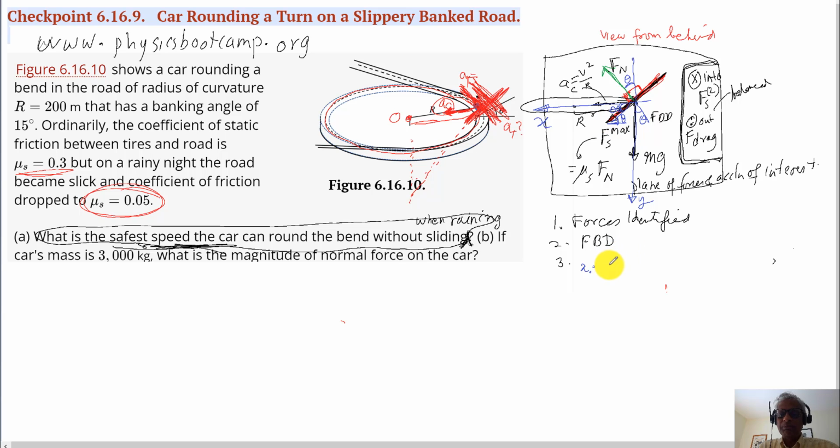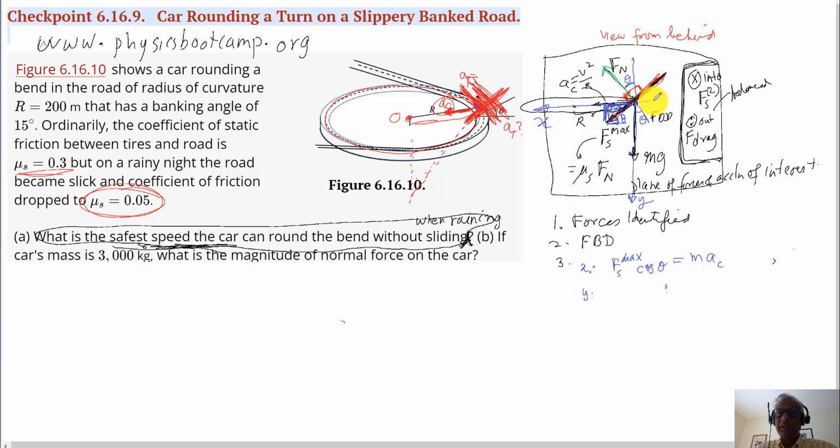So Fs max cosine theta is going to have a positive projection, because that's the positive axis. And this force and this force don't have any components, so this is going to be MAC, and in the y direction